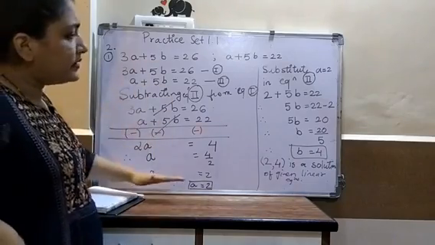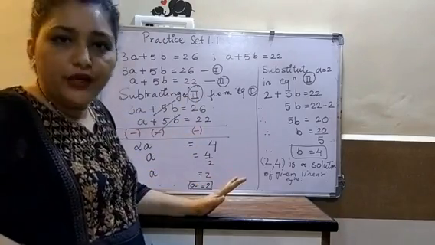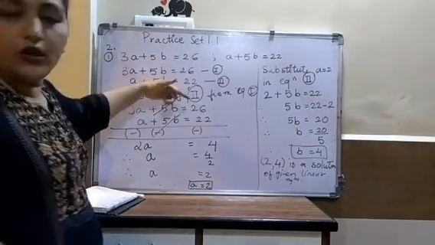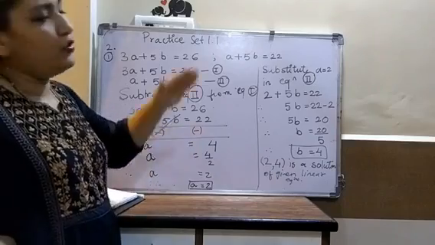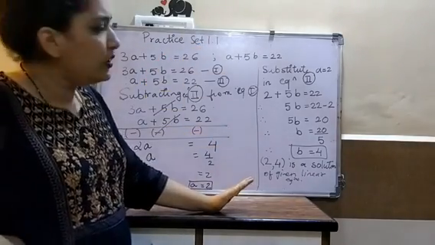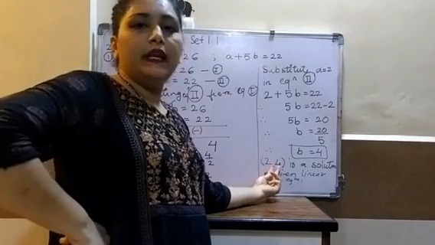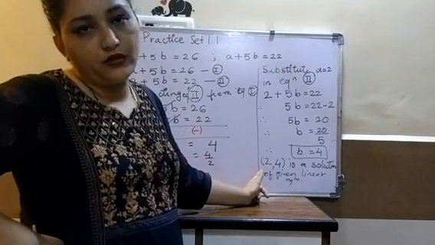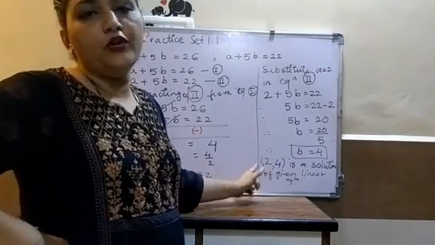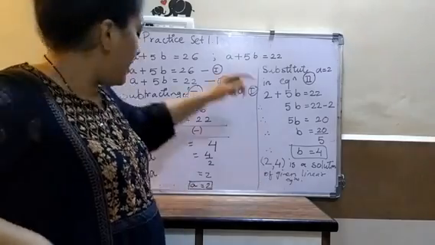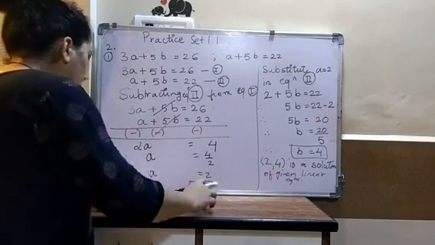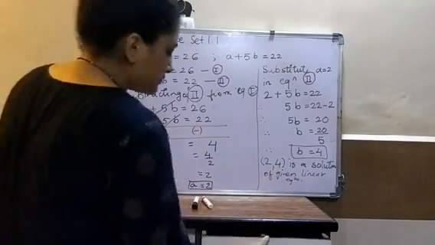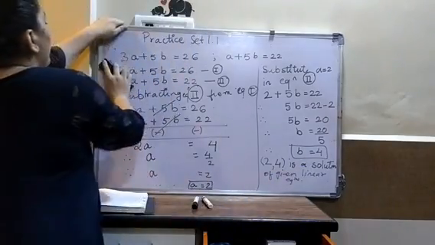And then after this, whatever the value of variable you are going to get, that variable's value you will substitute in any of the equation 1 or 2, and you will get the another variable's value, and you will write down your answer like this. If you are not writing this, then also you are going to lose your half mark. So make sure to write down your answer like this. Okay. Now let's start with the next example. Okay, next example is your second example. So let's start with that.